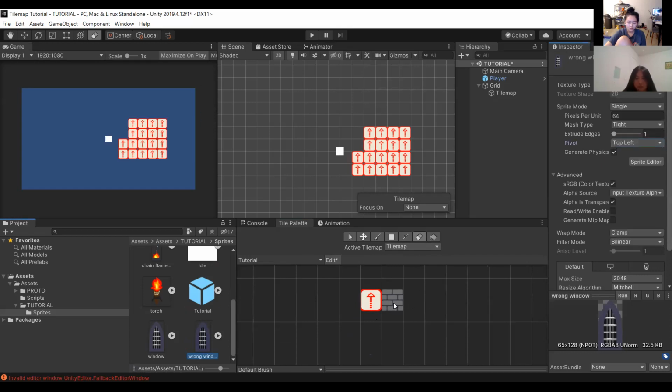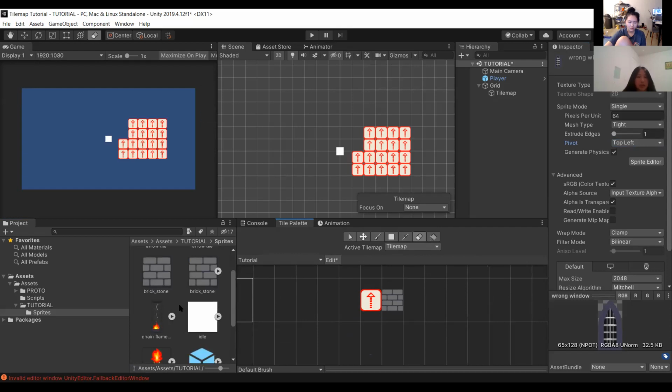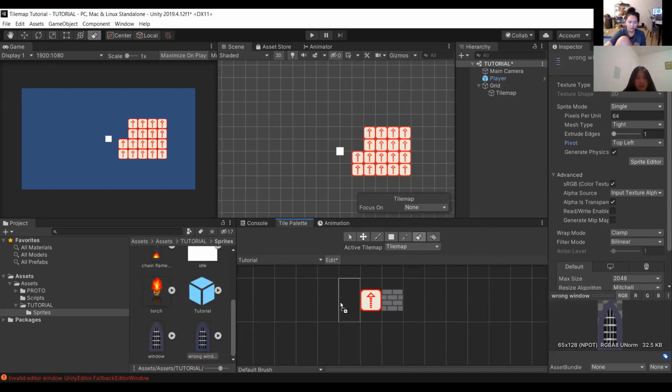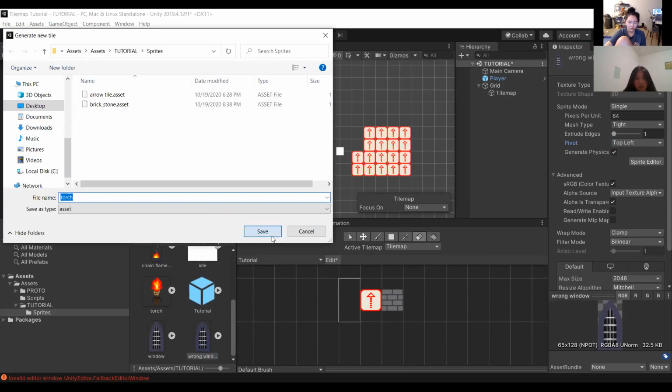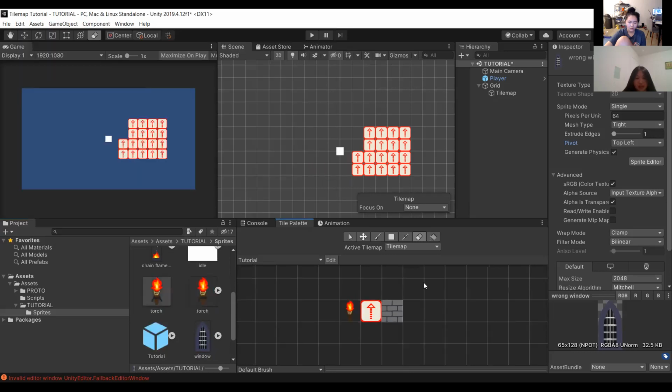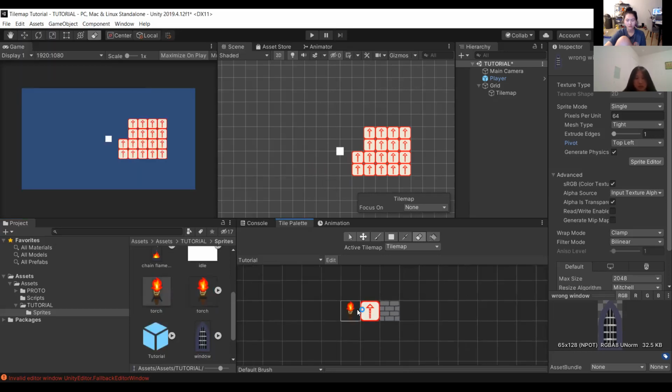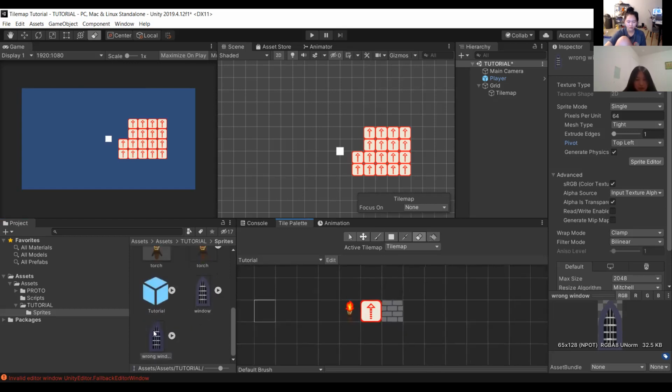How come your tiles all just got tall? Oh, this is because when we created the tile palette, I think we set the grid sizing to automatic, so it will size itself accordingly to whatever tiles you give it. Like if I drag a torch in, it should resize back to whatever it was. So this is not how you want to really implement tiles into your scene.